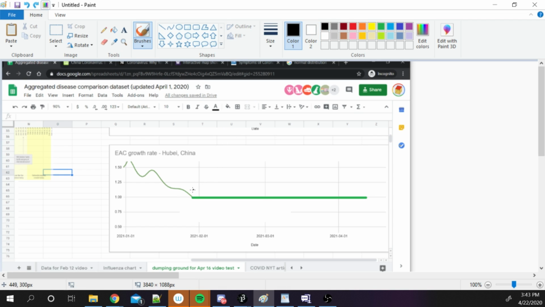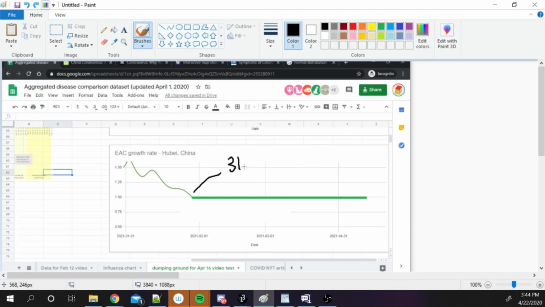So if at this exact point Hubei is reporting 3,000 new infected people per day, which I think it was at its peak, then descending to 1 and holding it there will mean that 3,000 new people will be infected every day for the rest of eternity. And that corresponds to over 1 million people in a year, and so on, which is not great.